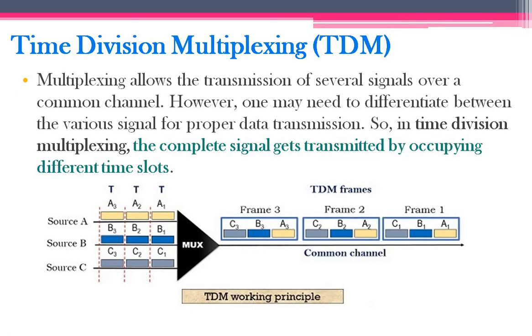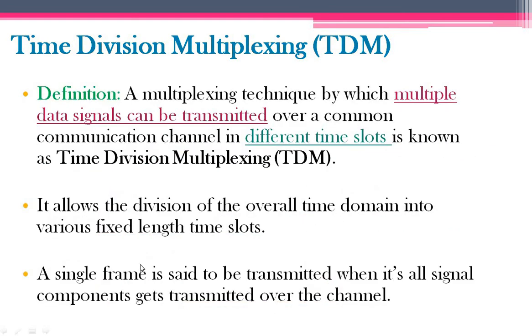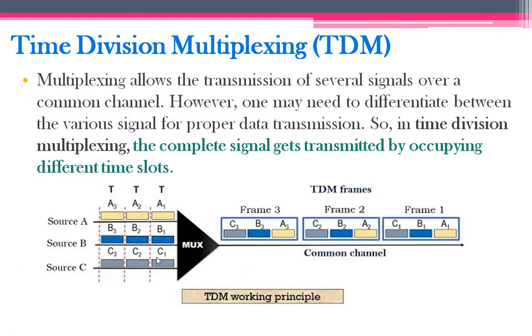So it occupies this one. First, what you have to transmit is A3, B3 and C3 in the first time slot. As we have said, the time domain is divided into fixed lengths. It has a fixed length of 3 data per frame. Okay, 3 data we have to transmit, and first A3, B3, C3 is transmitted. Then in the second time slot, in the second frame, again 3 data has to be transmitted, right? The length is 3. So which 3 data has to be transmitted in this time slot? This particular data, because we have differentiated.